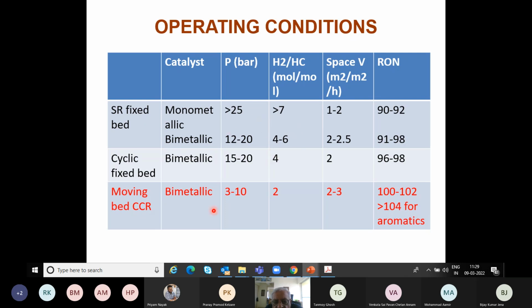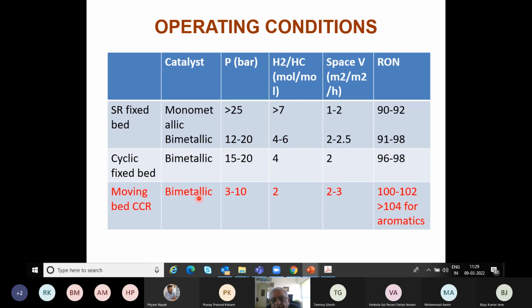If you compare this with the moving bed CCR, again, of course, it is bimetallic. There's no monometallic catalyst here. And as compared to semi-regenerative reforming, if you recall, in part one I talked about that in semi-regenerative reforming you use platinum rhenium as a catalyst, while here it is platinum tin. And unlike the SR reformer, where we use extrudate, here these are spheres, very tiny balls, something like 1 to 1.52 millimeter diameter. And the reason is spheroids is because it helps to actually move the catalyst